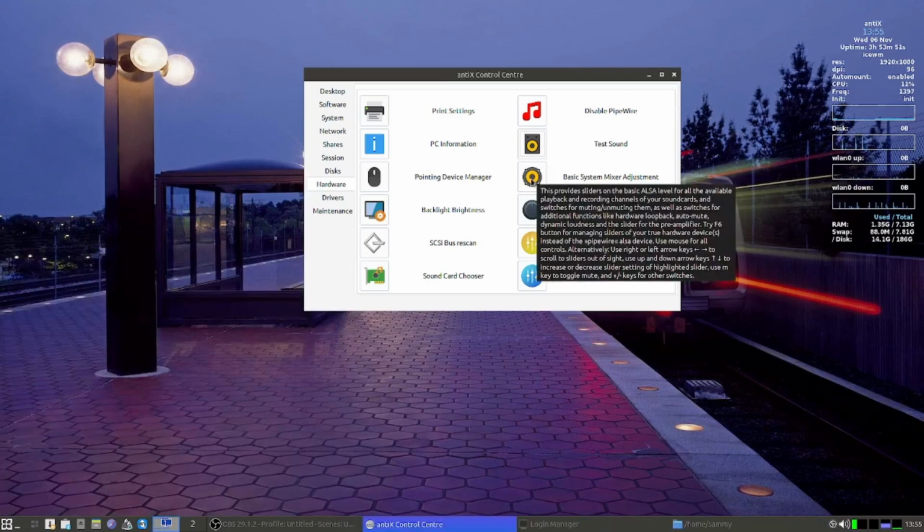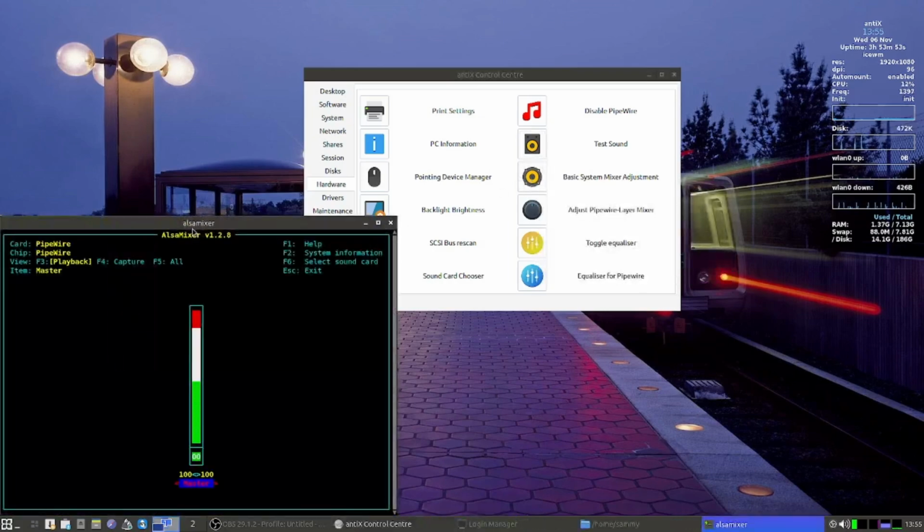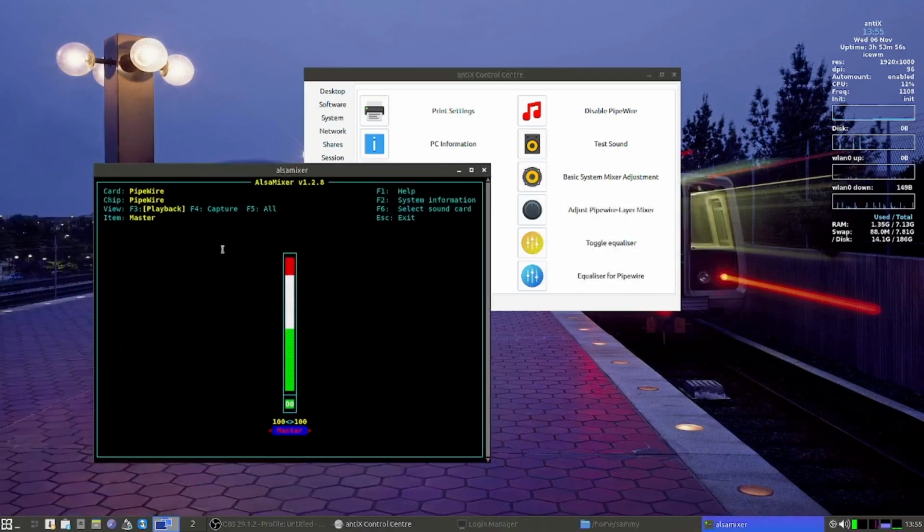Now there are some basic system mixer adjustments. So here you can do the configurations. For example, right now this is the master sound control for the sound mixer. You can use the up and down keys to reduce or increase the volume. That's done. So I have changed the master level volume up to 90. This will be the max volume, and this will be applicable on all the sound devices that are connected